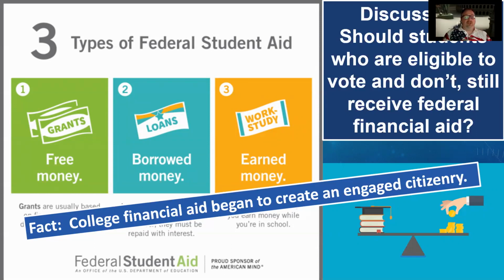If you can't get yourself to get informed enough to vote, why would we want to spend? Because the whole point of college financial aid is to get you to be an engaged citizen. If you can't engage, even if you don't like the candidate enough to vote, to get out and vote against or for an issue, why should we invest in your future? Because that's my taxpayer money as well as your taxpayer money. Shouldn't those go to people who are going to be actively involved to make the system better for everyone? That's the goal.